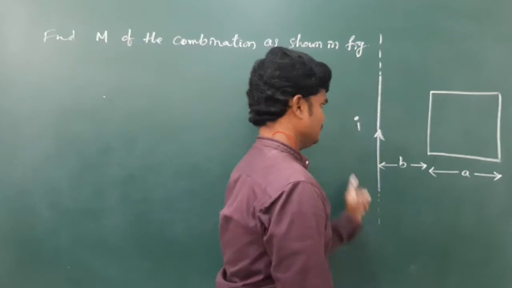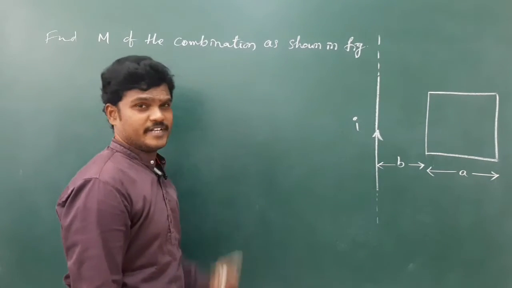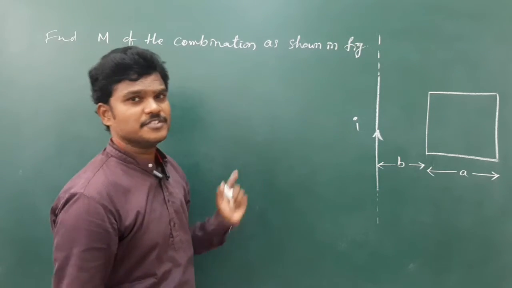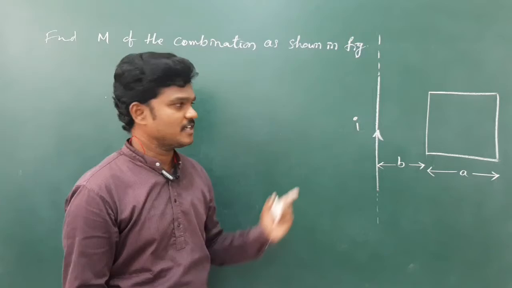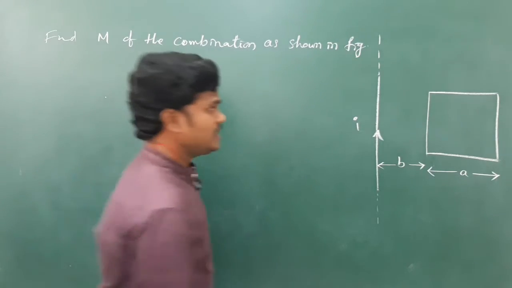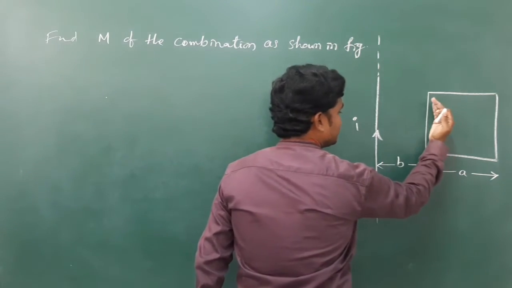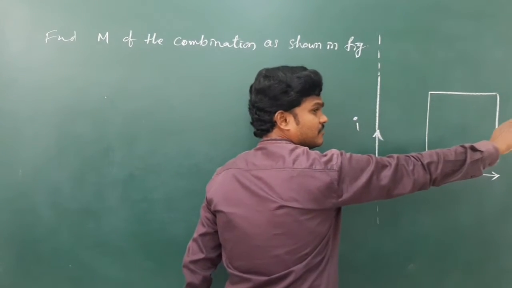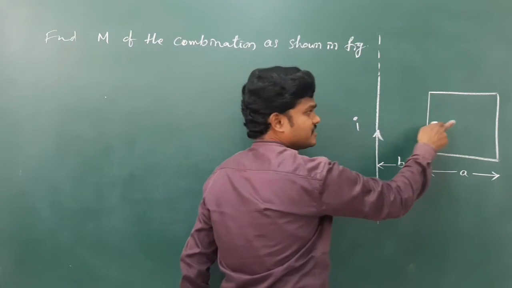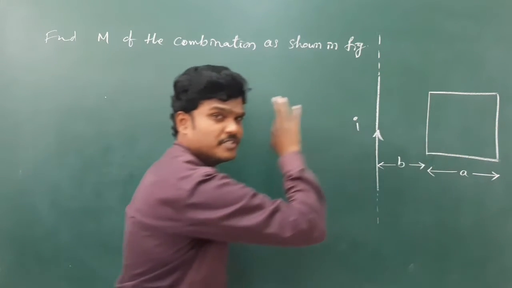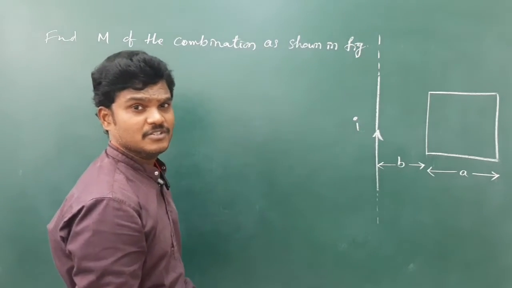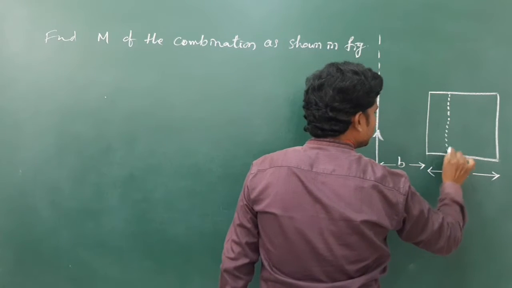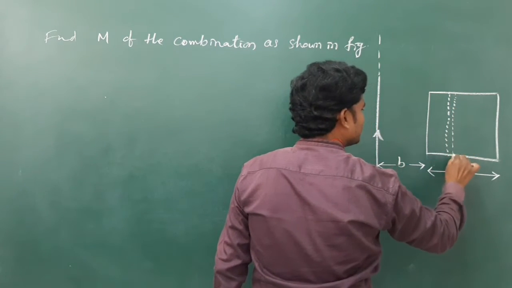See how to find the mutual inductance. To find the mutual inductance between these two, first you find the flux between them. Here the field is different at each place: the field is strong near the wire and decreases farther away. So the field varies, and there will be a variation in magnetic flux. If I take any small part, the flux is changing. First you try to find the magnetic flux.